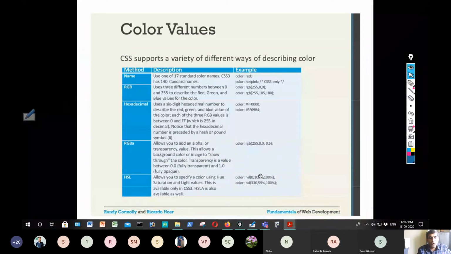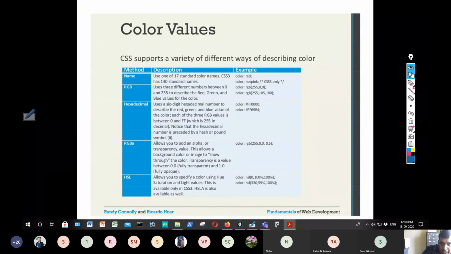So RGB: everyone knows that any color is made of three values, a combination of red, green and blue. RGB stands for red, green and blue. Any image or text is made up of pixels, which are small points. You can represent a pixel by the combination of three colors, red, green and blue. How do you specify it? You use 8 bits to represent one color.